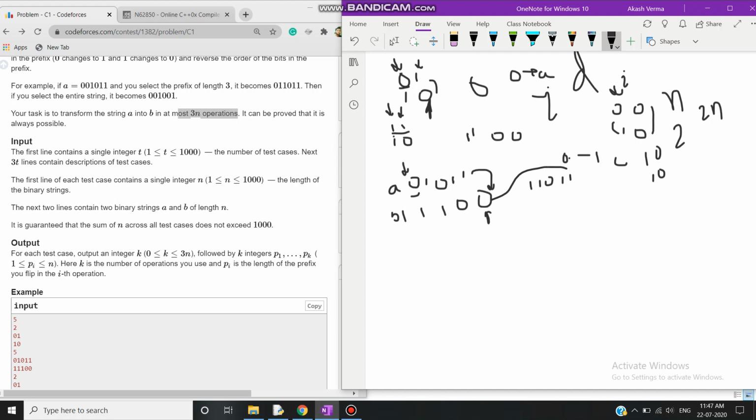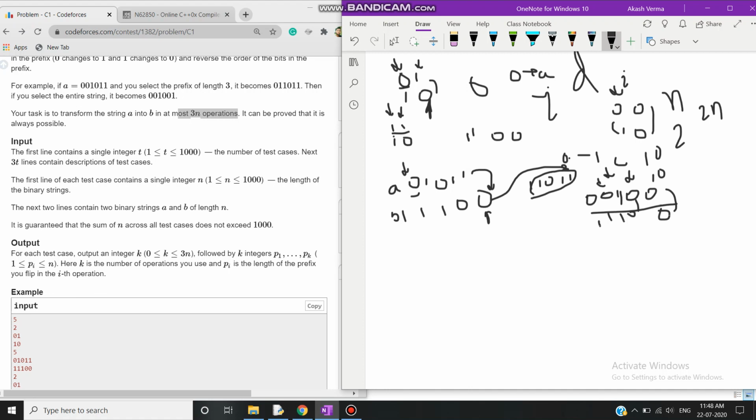Now you can see that the bits are still different. So for the second operation, take a prefix of length i and perform the operation, meaning flip the bits, giving 0 0 1 0 0, and reverse it. If you reverse it, you get the same string. Now A is 1 1 1 0 0. Now you can see these bits are the same. Decrement i, you can see this is already the same. Decrement i, these bits are already the same. Decrement i, and now the bits are different, 0 and 1.